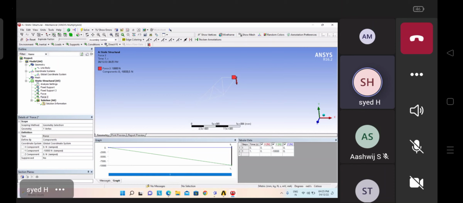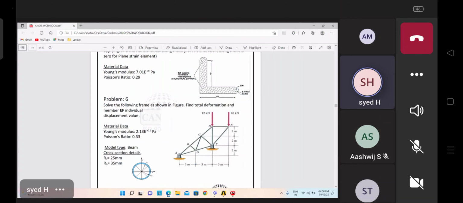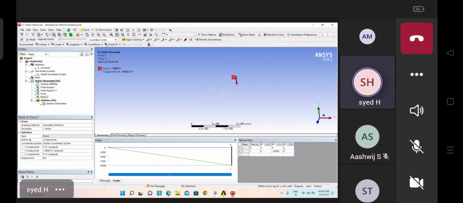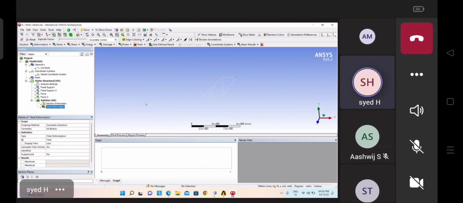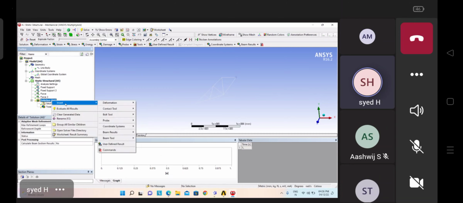Yeah, it gets solved here. Now we'll check the results. What are the results we require? The first thing is total deformation, we have to find here. Okay, total deformation. Right click, insert, deformation, total. Then right click, insert. I want here